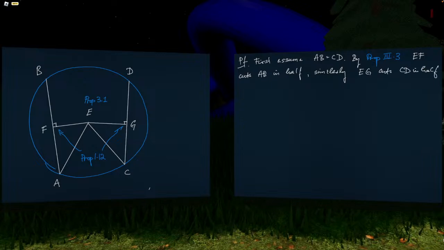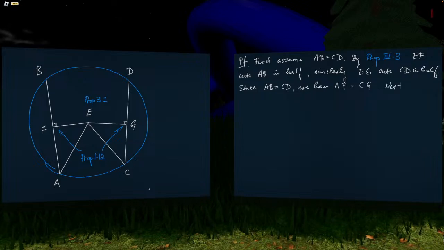That's just the other line, right? So same reasoning. Since AB and CD are equal, we've assumed this. I'll just write it again. AB is equal to CD. We have AF is equal to CG. And remember, AF is just half of AB, and CG is half of CD. If AB and CD are equal, then half of the respective lines are also equal. Okay, so next,